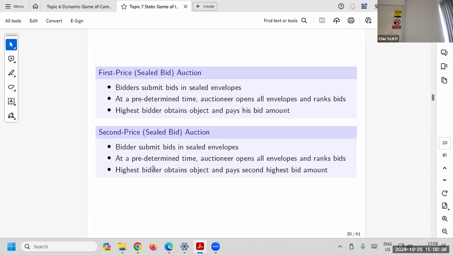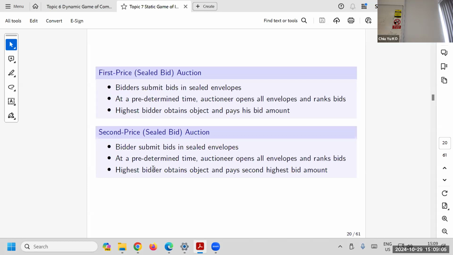But I don't want to set my price as what I want to pay, because otherwise I'm left with no surplus. So I have to balance the idea that I have some surplus if I win, but I also want to be more likely to win. That's a trade-off. If I have a higher price, then I'm more likely to win, but I have less surplus. So there's an optimal price there. There will be some strategic element there.